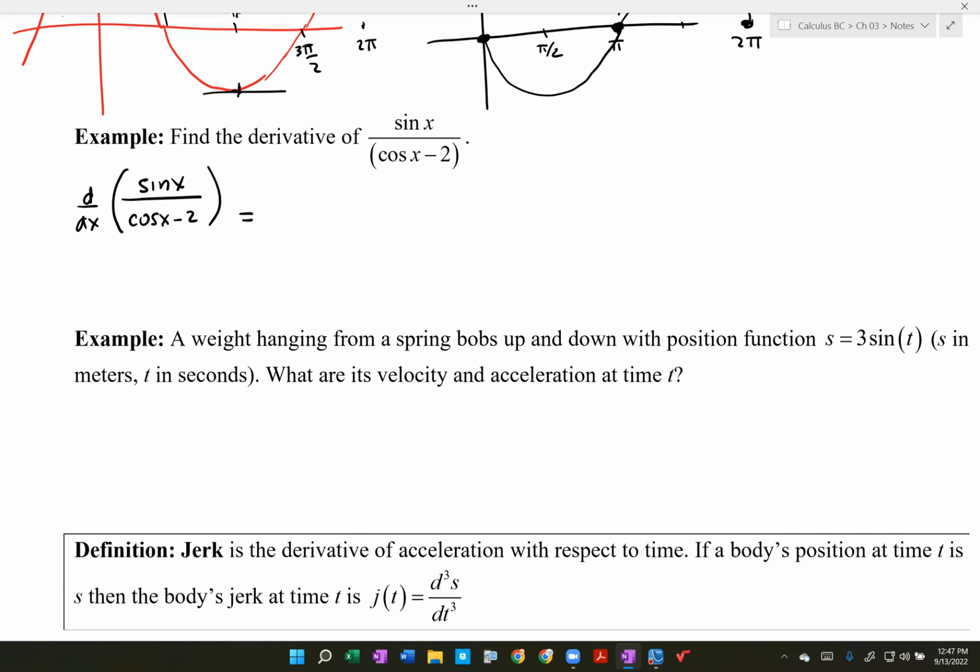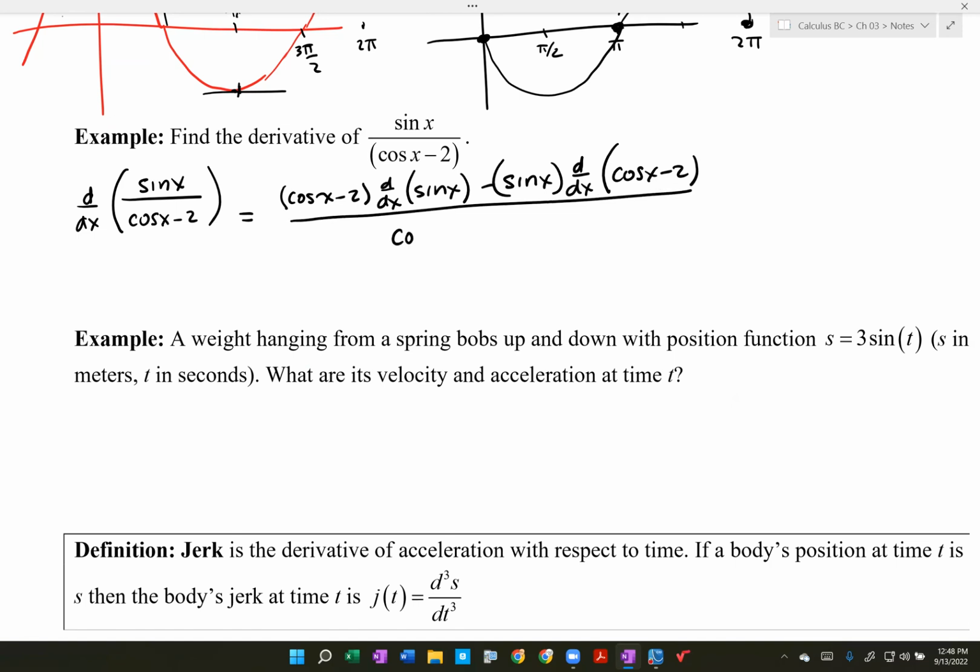So I break out my mantra, and I get bottom times the derivative of the top. And I guess I'll write that down as the derivative of sine, minus the top times the derivative of the bottom, and that's all over the bottom